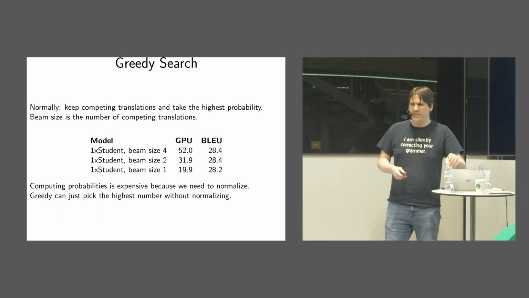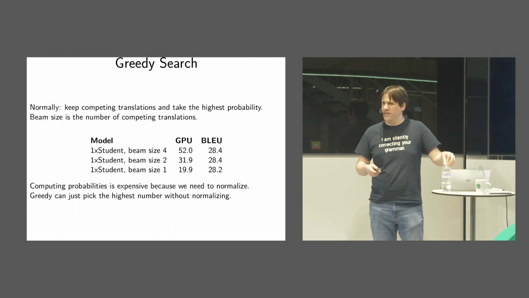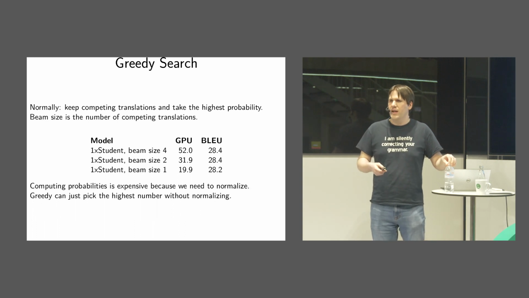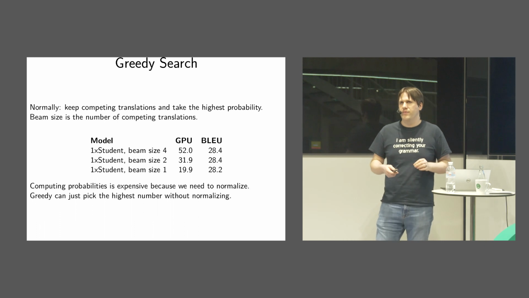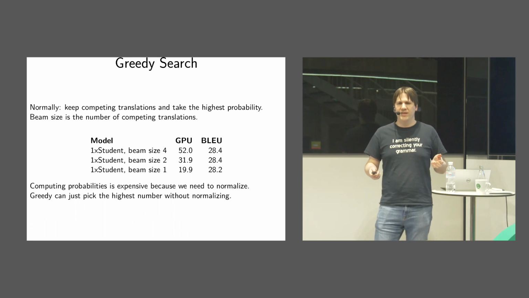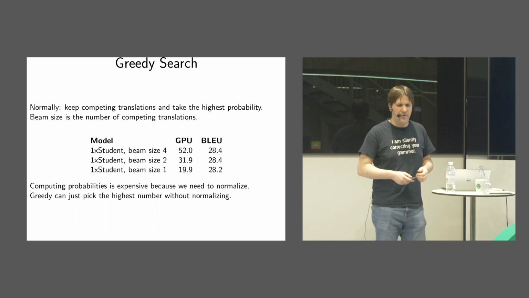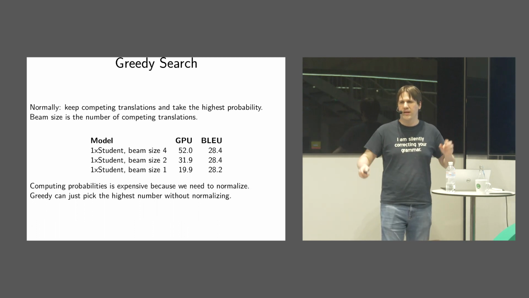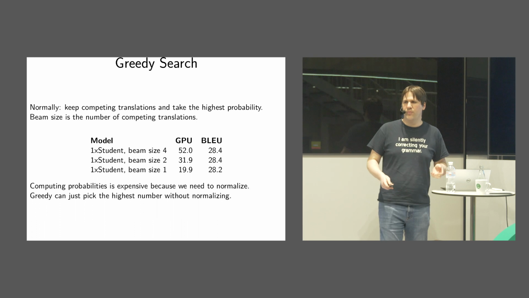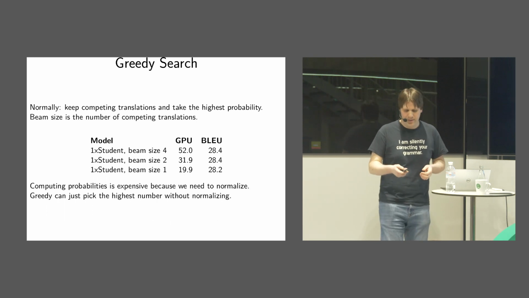And then when we run with beam size 1, it gets faster, and it actually gets somewhat superlinearly faster. And the reason for that is when you're running in beam size 1, you don't have to normalize probabilities anymore. You just pick the highest thing coming out of the softmax layer in an output matrix for a neural network and follow that one. And there's no need to normalize because you're never going to compare scores with each other anyway.